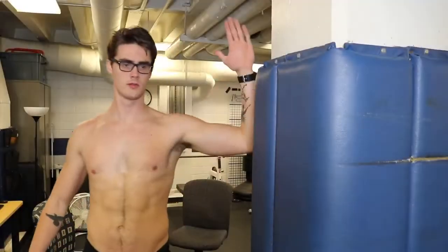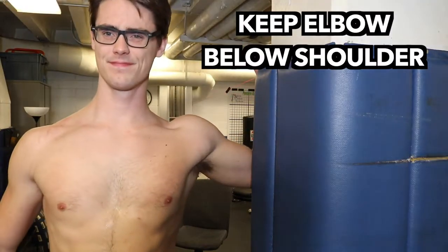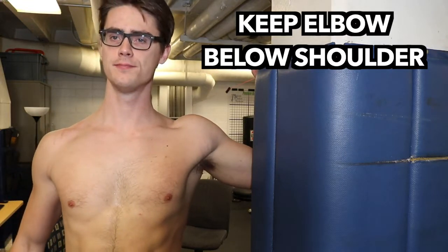And we can do this by putting our arm up on the edge of a door frame or on a pillar, some sort of surface where you can anchor your arm to the wall, keeping your elbow below your shoulder, your hand up on the wall, and then leaning in to that stretch, trying to bring the arm behind you, the chest forward. By doing so, you're stretching out the chest and the shoulder,